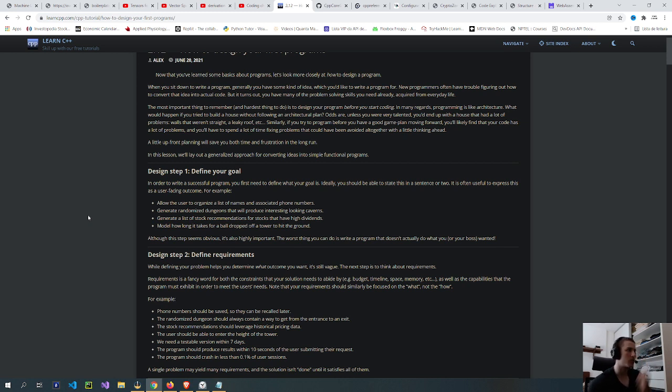The most important thing to remember and the hardest thing to do is to design a program before you start coding. In many regards, programming is like architecture. What would happen if you tried to build a house without following an architectural plan? Odds are, unless you were very talented, you'd end up with a house that had a lot of problems. Walls that weren't straight, a